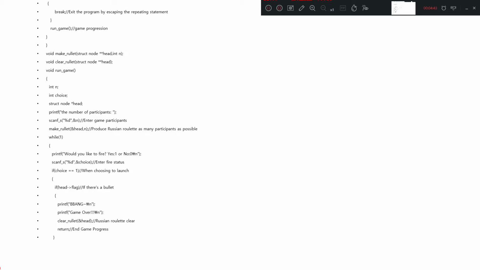And while loop, print in my screen, would you like to fire? Yes, it is 1 or no is 0. It means if you start this game, if you fire roulette, enter number 1, or if not, enter number 0. If you choose to fire,